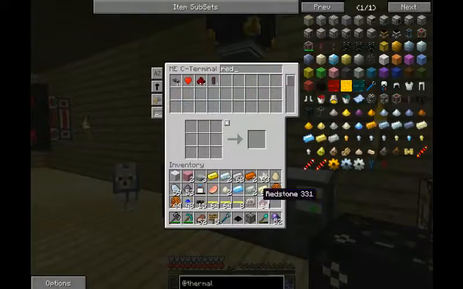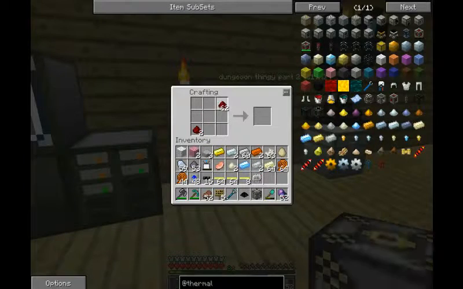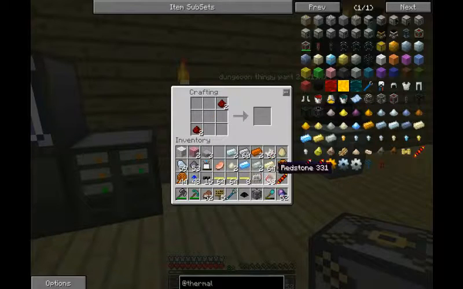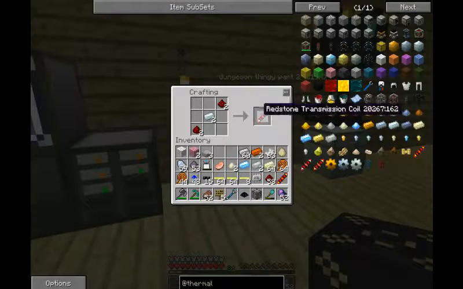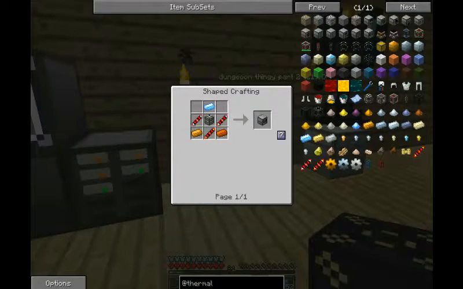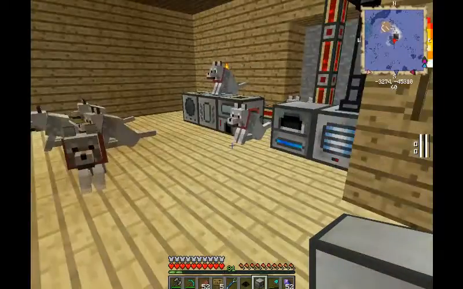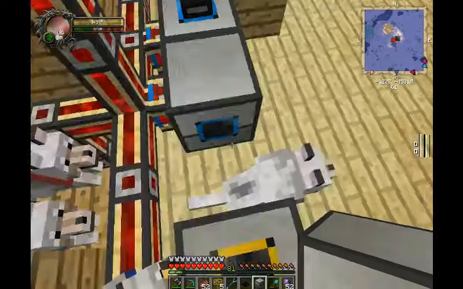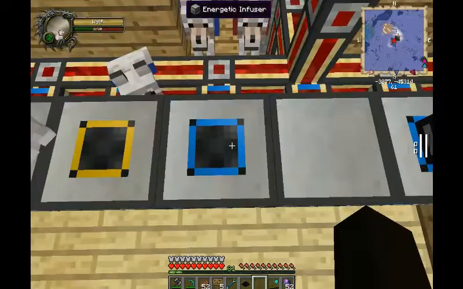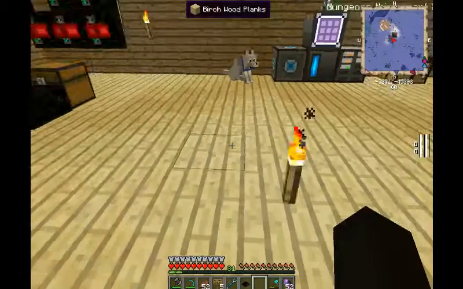And this is why you're going to be needing a lot of stuff to get this done. So first one up, that. Second one out is that. Yep. Bam. Energetic infuser. You will see why that's important in a bit. For now, I guess I'll make this the missing link. Make sure it's getting power. Cool. Alright, so